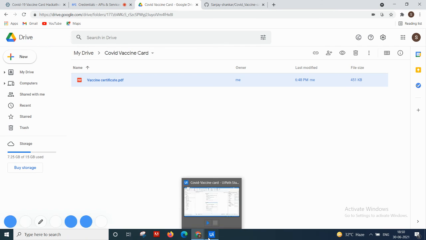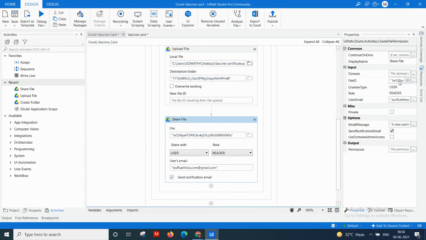This is the parent file name or folder ID or file ID, and you have to specify it there to share with others. And I have specified that user as a reader, and my one more email ID here, and I can also send the notification email to those to whom you are going to send it.